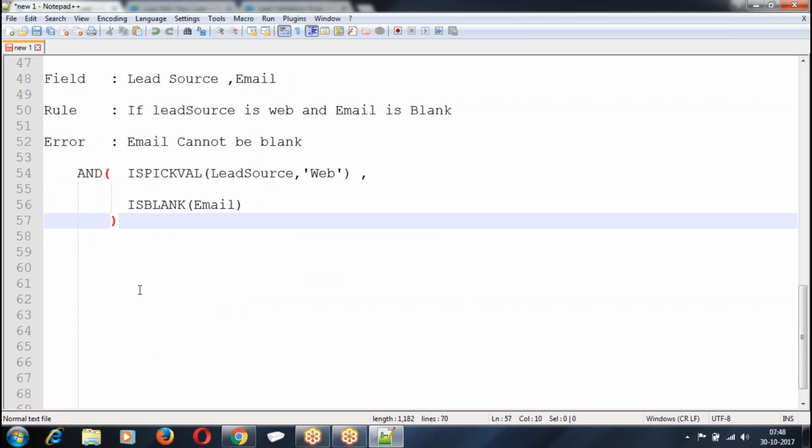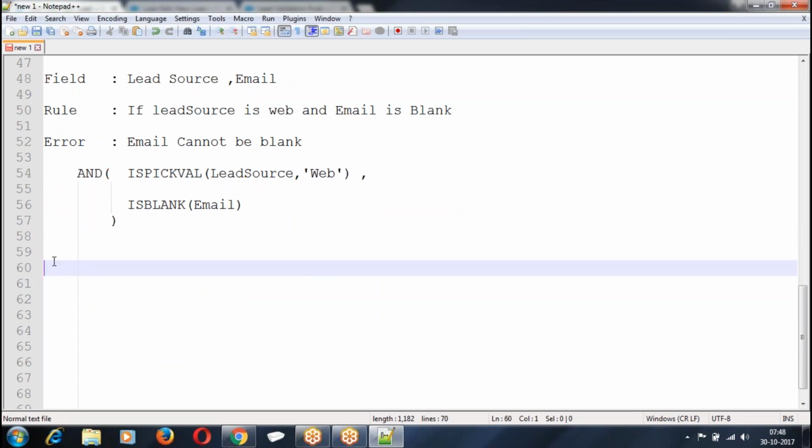Similarly, I have the next condition. One of the validation rules fires when a record is created and when a record is modified. But for me, the validation rule should run only when a record is created. When the record is modified, don't run the validation. Only when a new record is created, I want to run the rule. I don't want to run the rule when the record is modified.